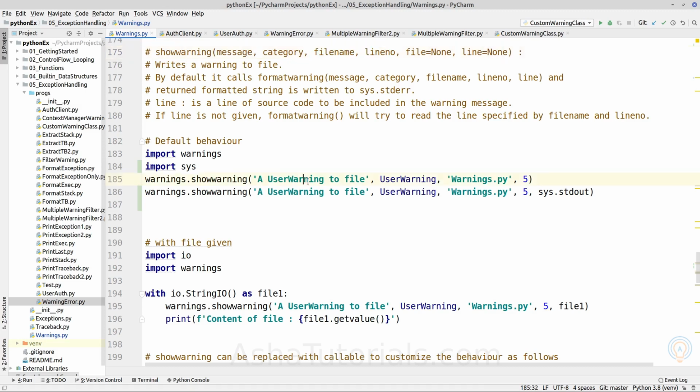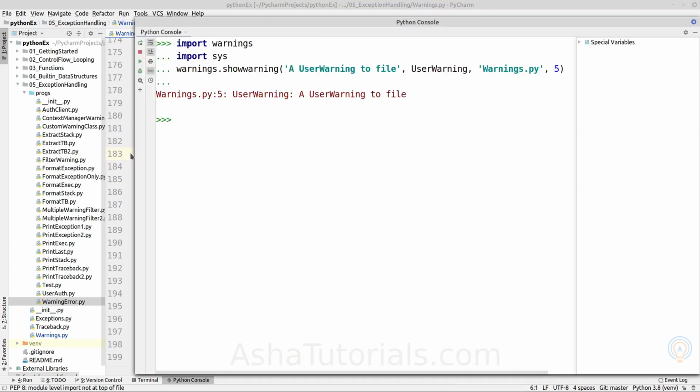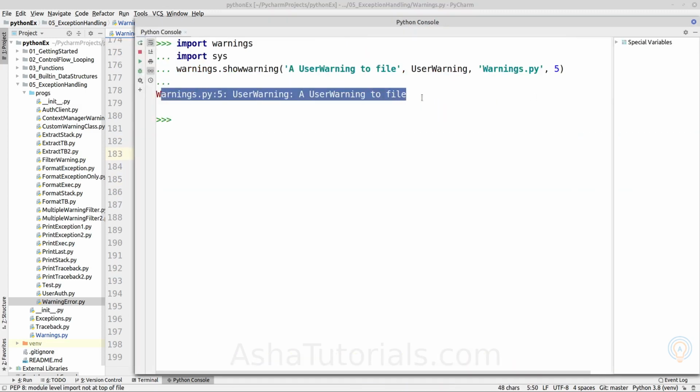First we will see the default behavior of show warning, which will print the given warning to the standard error. Here we have specified the warning of user warning category with the message. It is printed on the standard error.